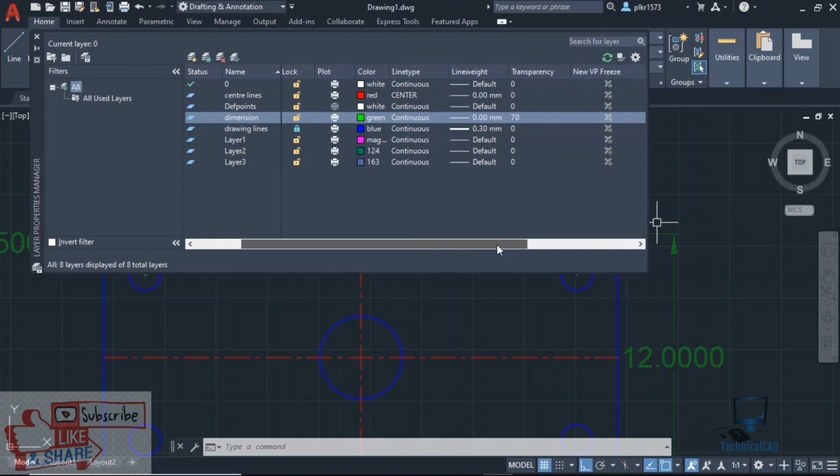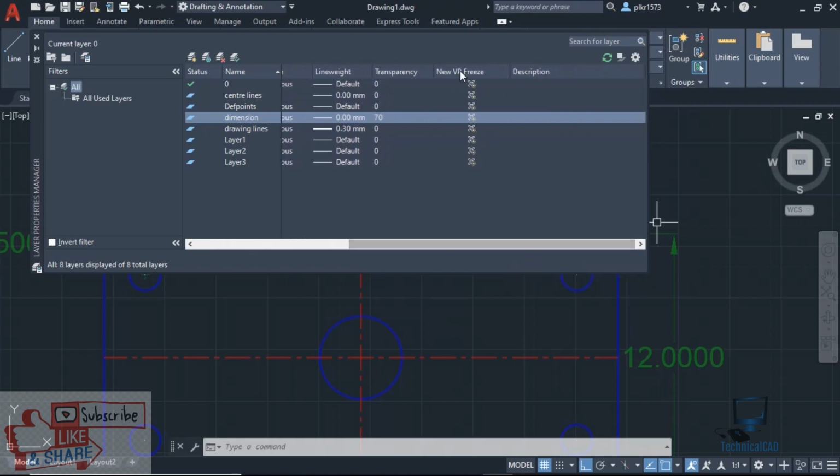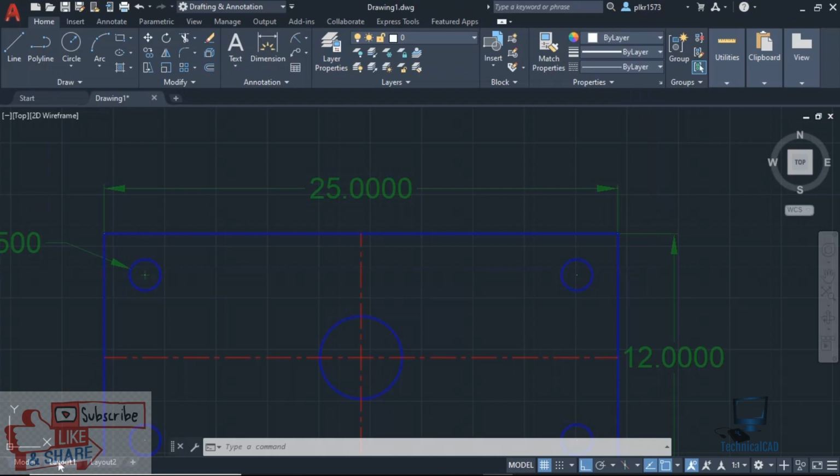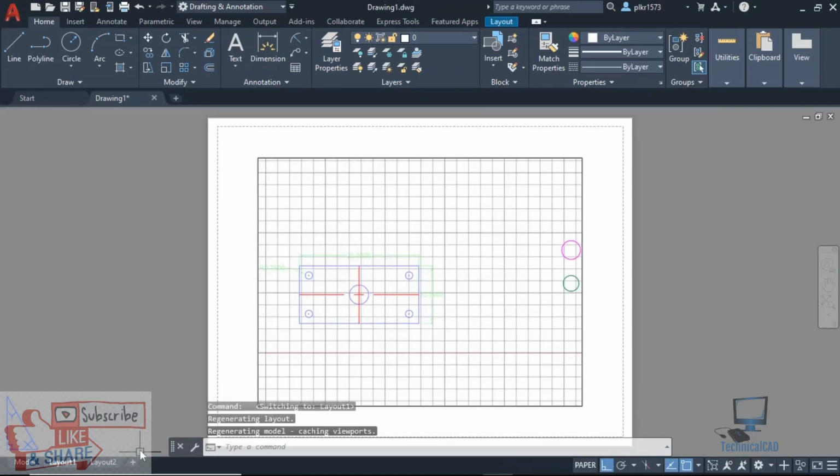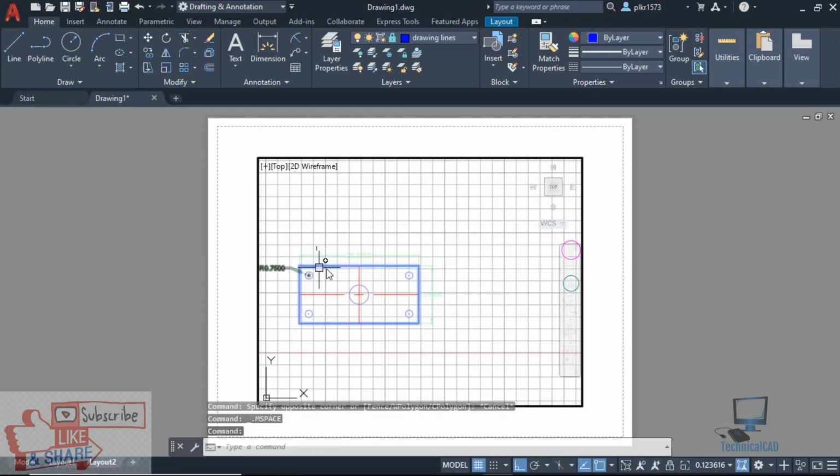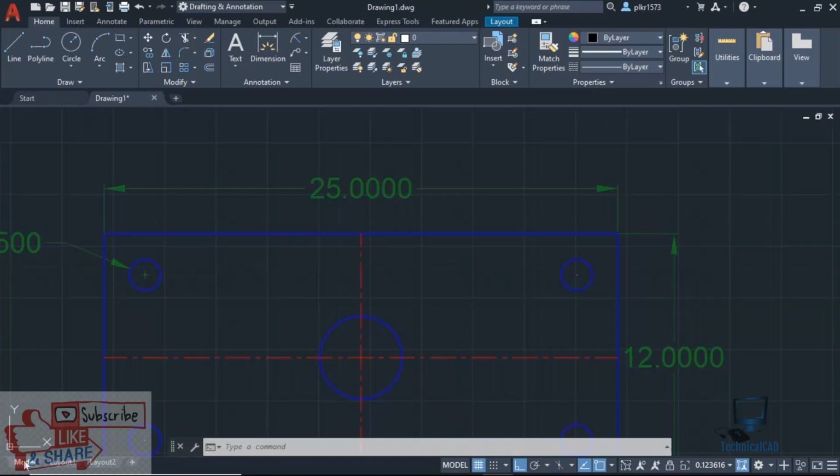Okay, and now here we have one more option called new viewport freeze. So what is that new viewport freeze? I'll show you. So already we have two layouts here. This is called a viewport. I mean, whatever drawing is there inside the black color border, it's a viewport. We can create different viewports.